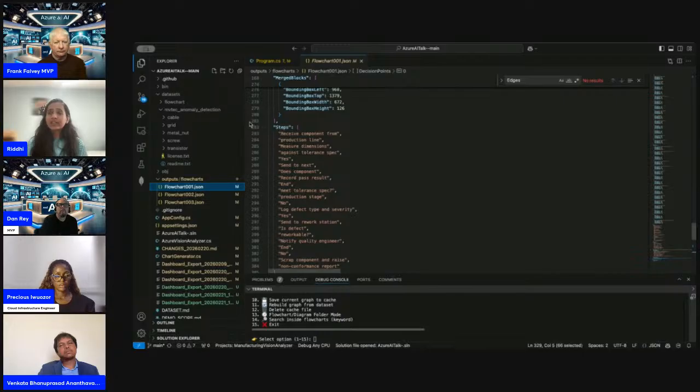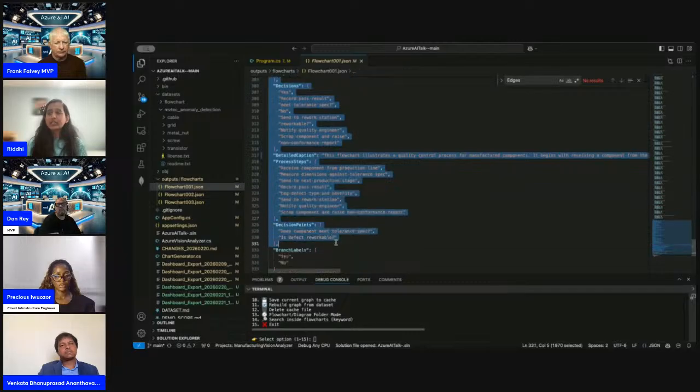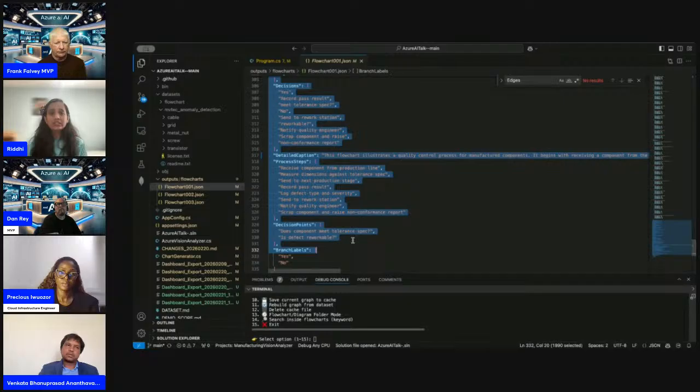And then I have concatenated the steps, the decisions, the detailed caption, and the process. This information is from the Azure OpenAI. The reason is that since this is detailed, it helps me to query if I have to.